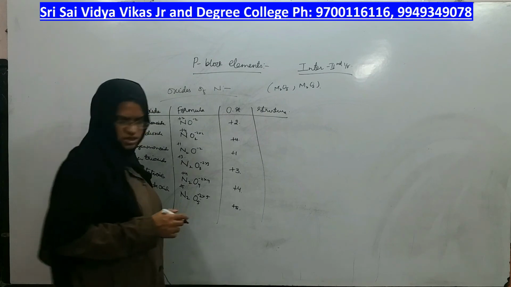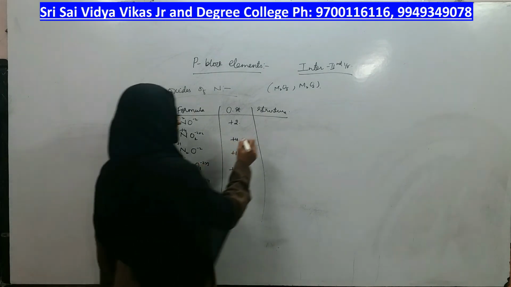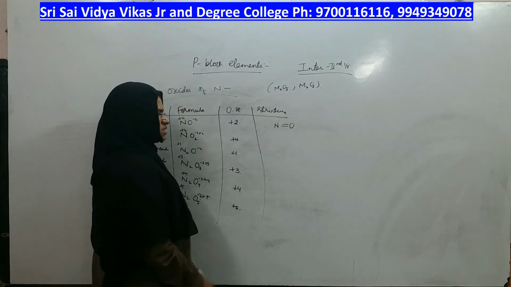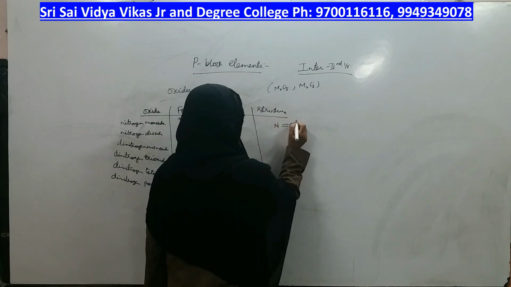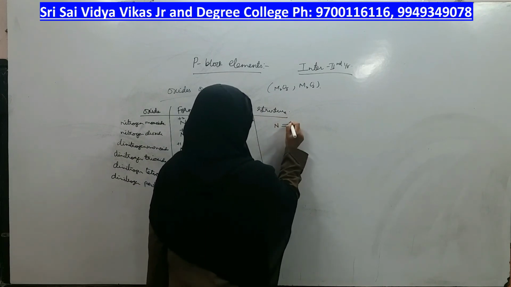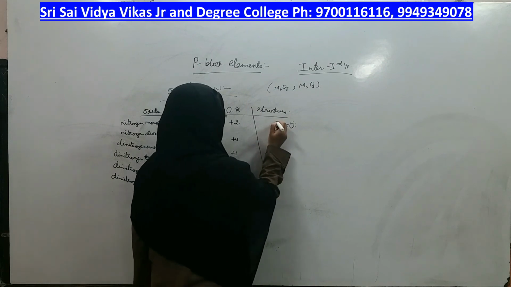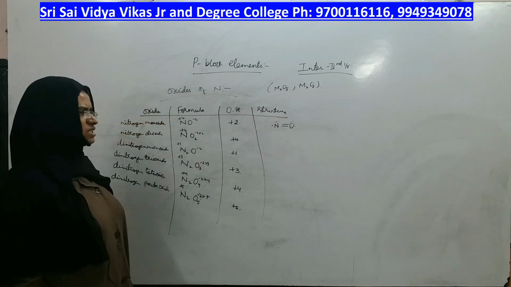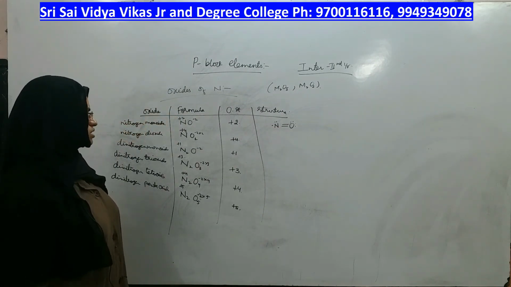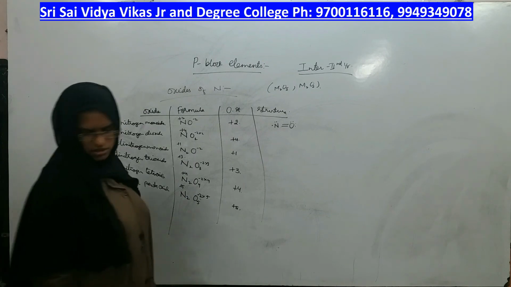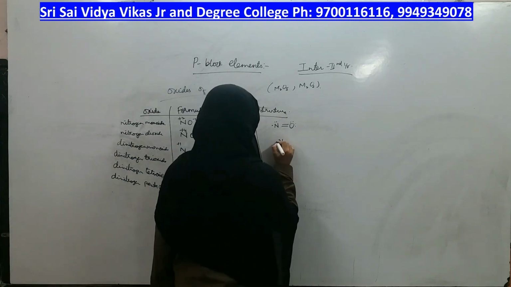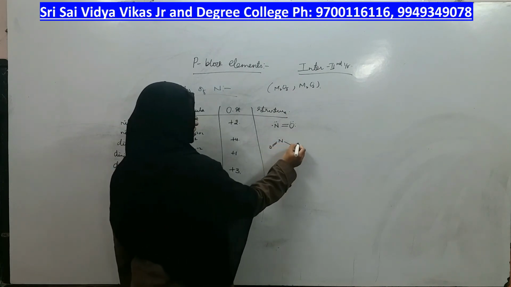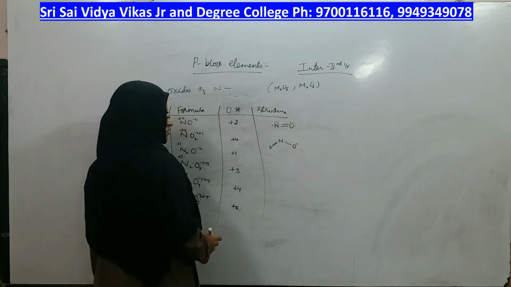Now let us come to the structure of this oxide. This is the linear structure. On oxygen 2 bonds, okay, right? On nitrogen there is only 2 bonds, that means it should make 3 bonds. One more electron is left. That is the structure of nitrogen monoxide. What next? Nitrogen dioxide means angular structure. Total how many bonds around nitrogen? Should be 2, that means only 1 minus charge is kept, right?